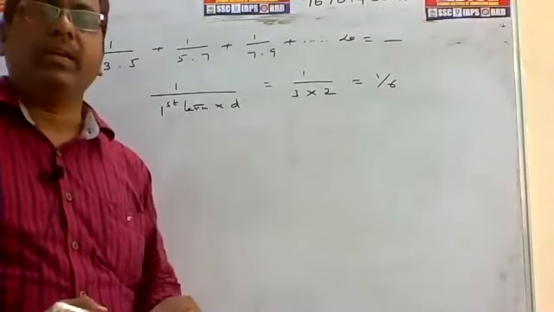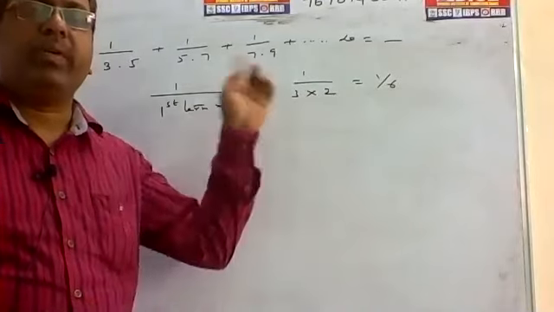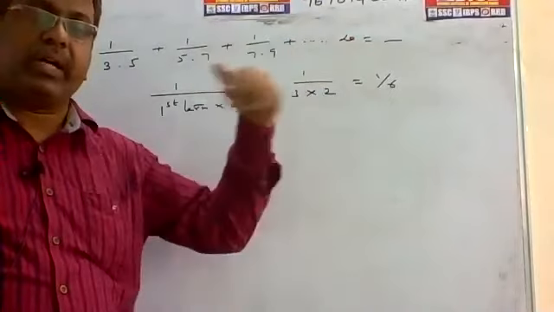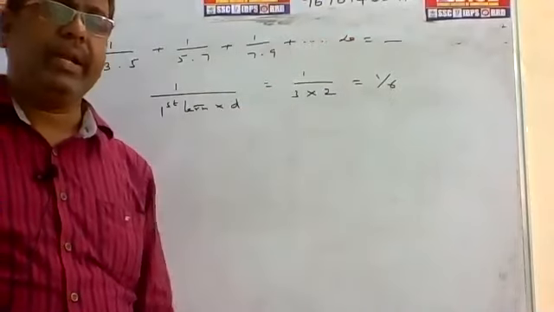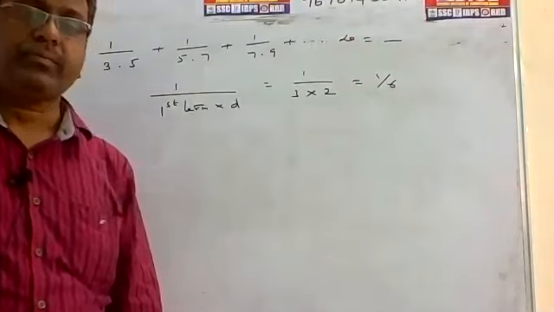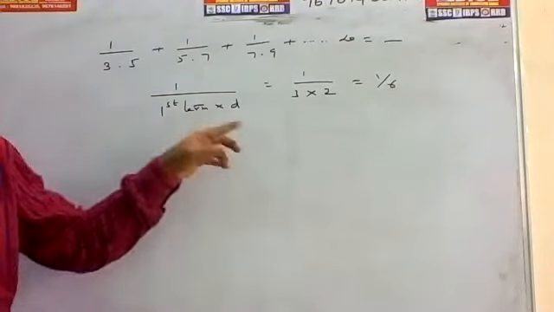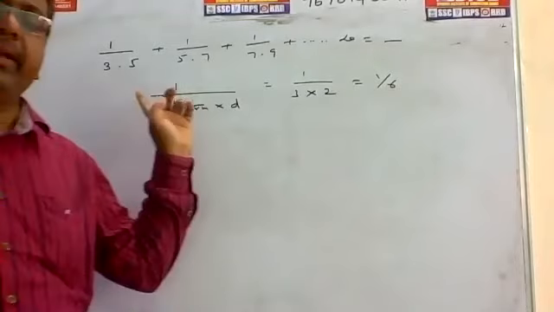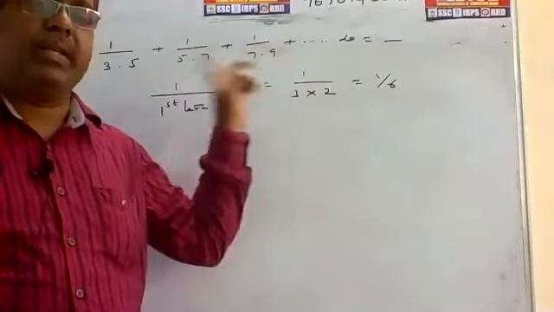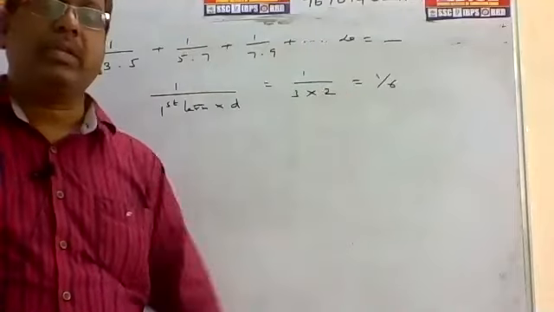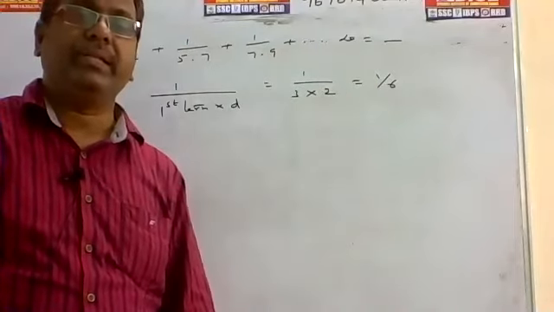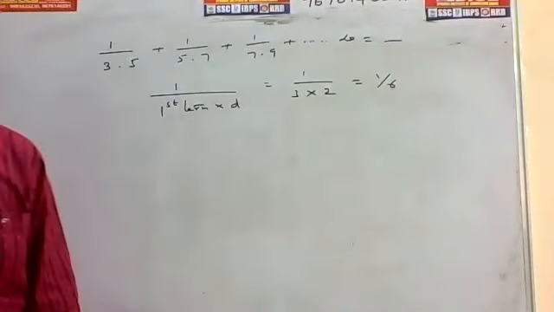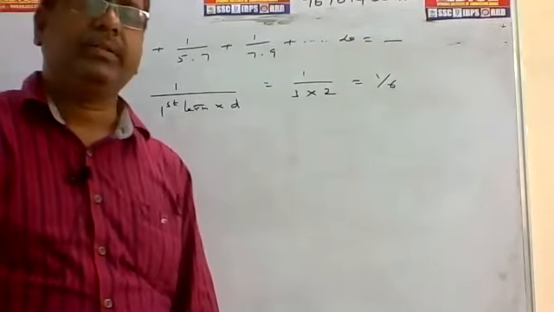This is the method. The shortcut formula is for this model with so on to infinity. See the previous one and this one, check it out. Here infinity is there. So the formula is 1 by first term into d. First term is 3. d means common difference, 5 minus 3, 2. So the answer is 1 by 3 into 2, that is equal to 1 by 6. Okay. Write this one. Give me yes.